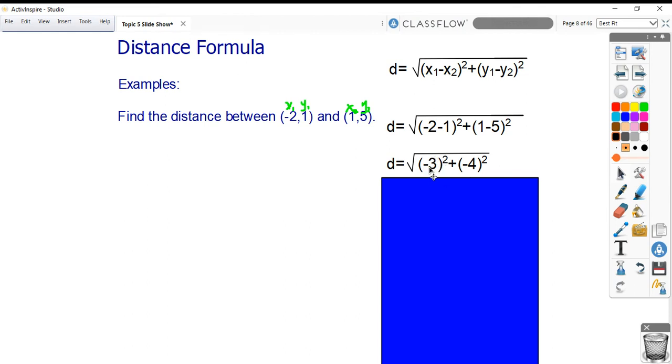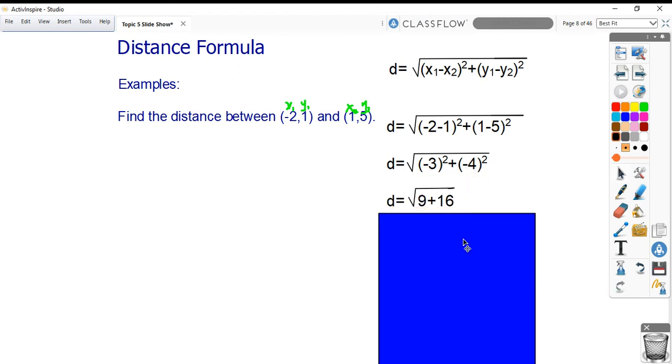You've got negative 3 squared. Well, that's just negative 3 times negative 3. So you know that it's positive 9. Same thing with negative 4 squared is positive 16. This right here is something you can simplify. And this, let me tell you, is so much easier to type into the calculator than all this mess of stuff. Okay? A lot fewer opportunities to mess yourself up typing this in compared